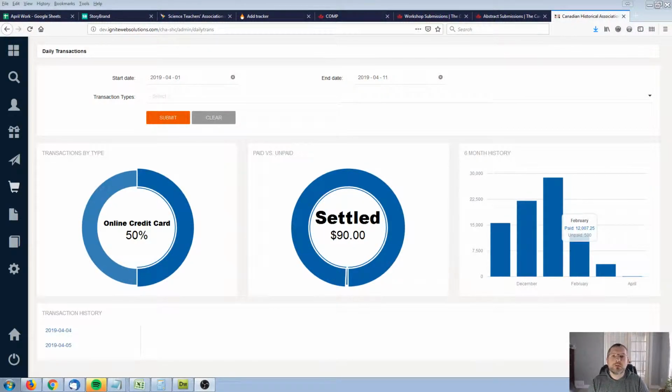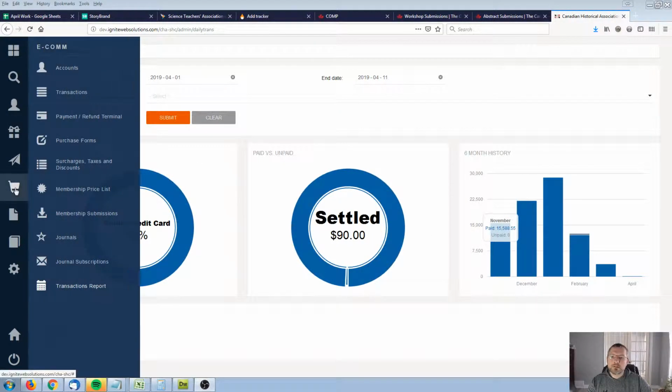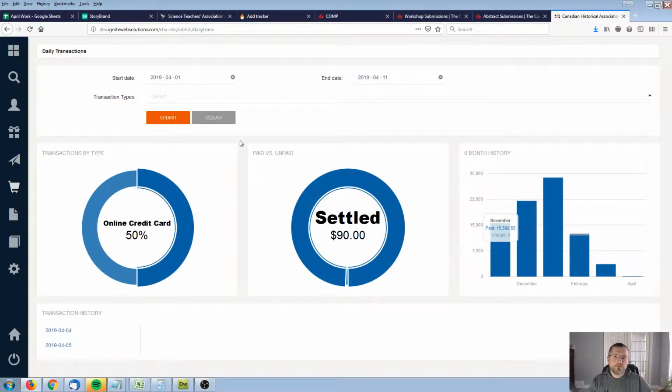Today what we're going to be looking at is the transactions report, and this is a handy little summary report that we put together which will break down for you how financial transactions are getting into your system. This little tool can be found under the Commerce panel under Transaction Report, and when you first get to this